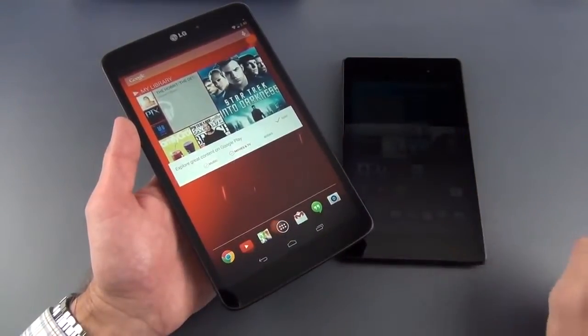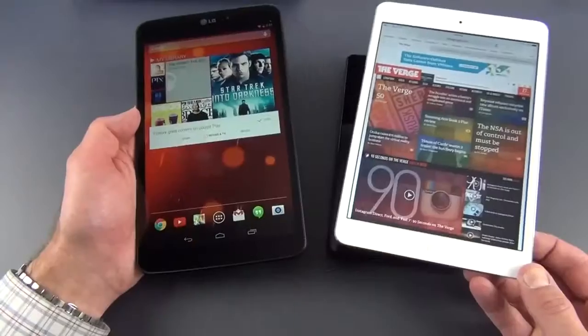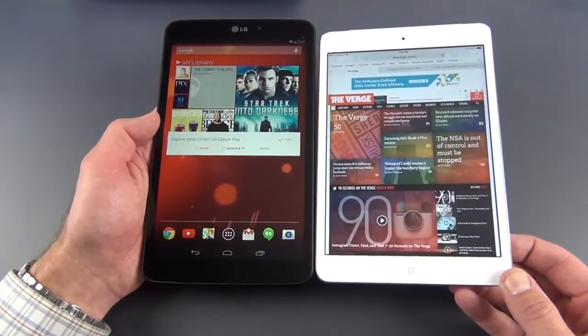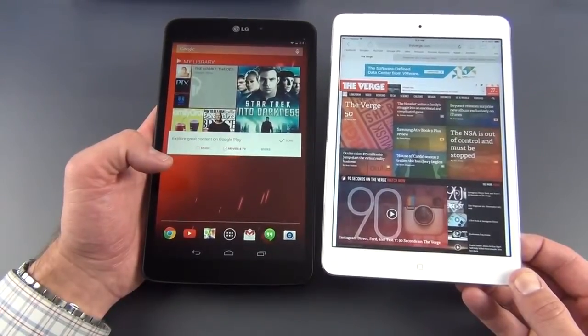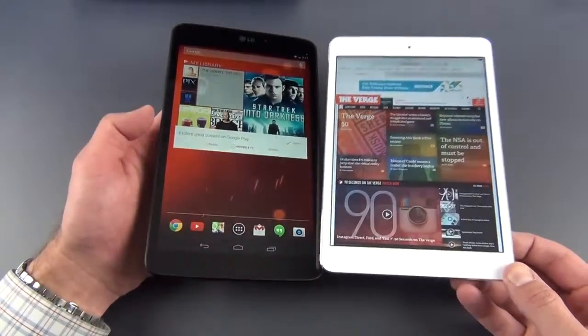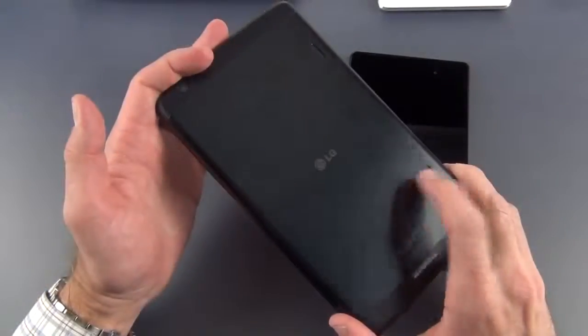So this also more closely resembles something like the iPad mini, which is a form factor I prefer. Now the iPad mini has slightly different dimensions, but generally speaking it's similar in size. So this is a 7.9-inch display versus 8.3, but you can see it's a 4:3 aspect ratio, so it's generally a larger display. It's just wider in terms of its portrait aspect versus its landscape aspect. So it looks larger than something like the 8.3 here. So from my perspective, I'm